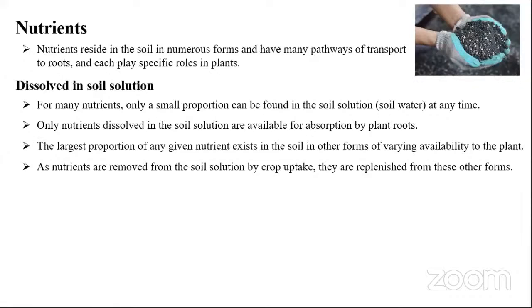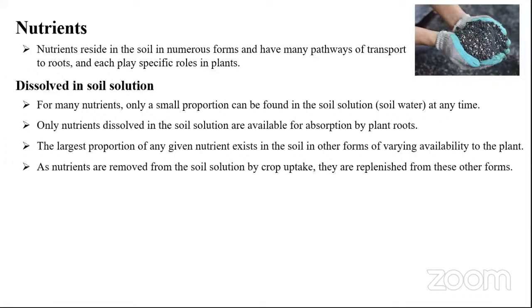Anyway, students, this is about the dissolved nutrients. Most of the nutrients the plant takes are dissolved in the water, which is highly available to the plants. Plants mostly take only these dissolved nutrients. Only a small proportion of the nutrients exist in the soil solution; the rest exist in other forms with varying availability, such as fixed or non-exchangeable forms. Nutrients readily available in solution form are mostly taken up by the crops at field level, and